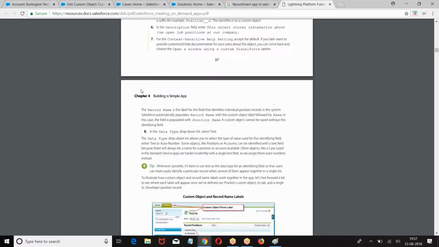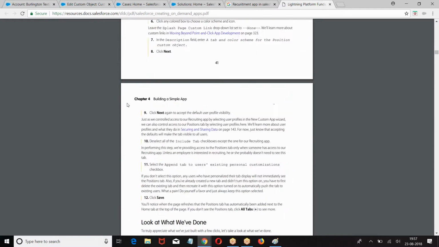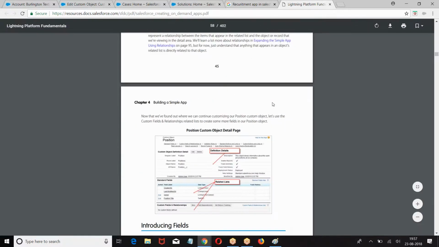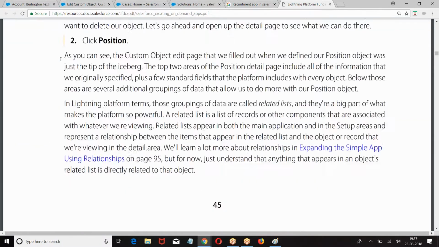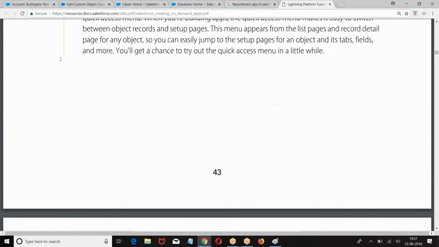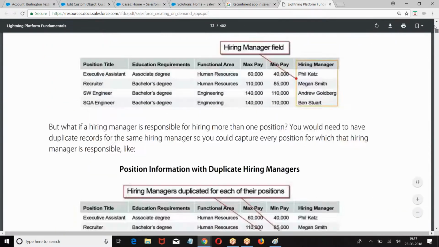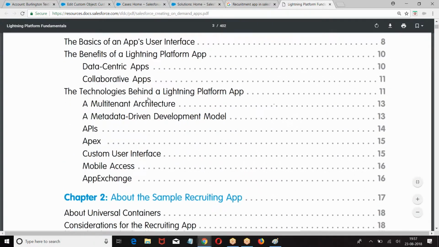So start creating these applications. Create this.